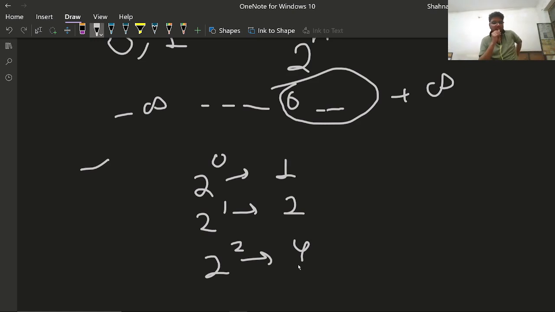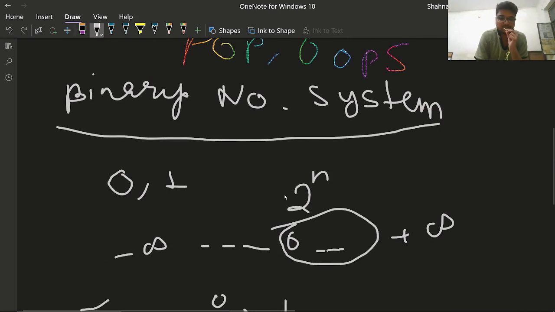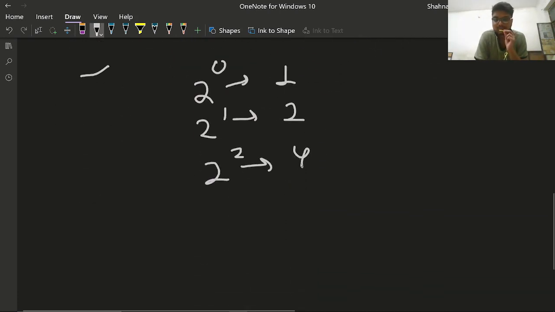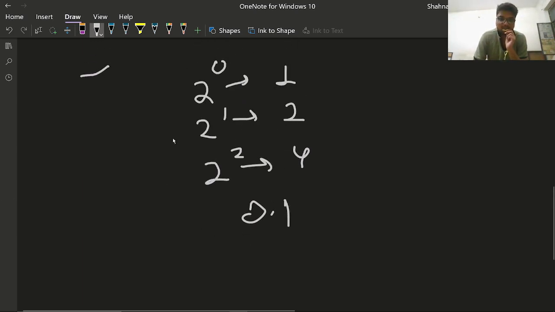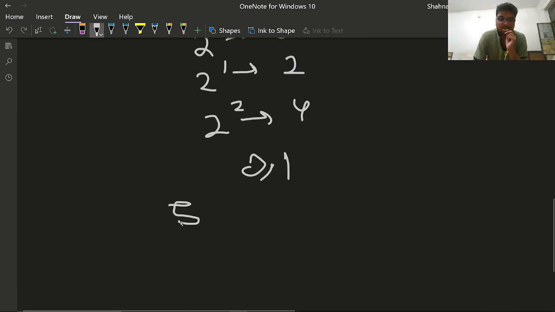I am telling you this concept because it is very useful in understanding the number systems. Let me first tell you how to build a number using the binary number system. As I told you, it uses only 0 and 1, so we will use combinations of them. Now you will get to know why I told you this. If I say design the number 5 with binary numbers only, what will we do?